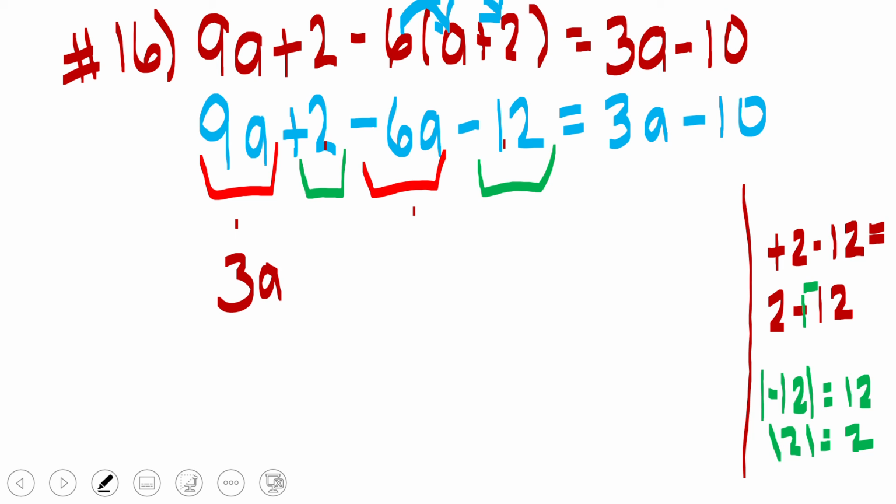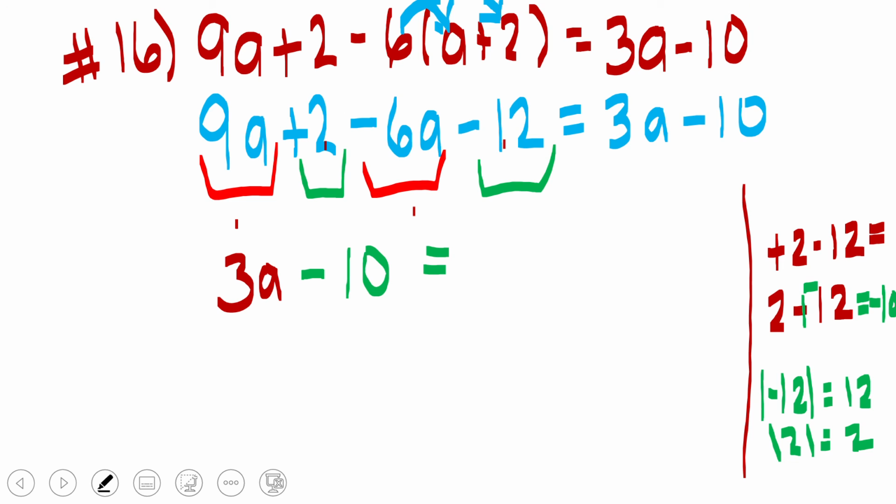So the negative sign carries with the number that has the largest absolute value, and that's 12. So we will have more negative in our answer than positive because of our absolute value rule. So 2 plus a negative 12 is a negative 10. So minus 10